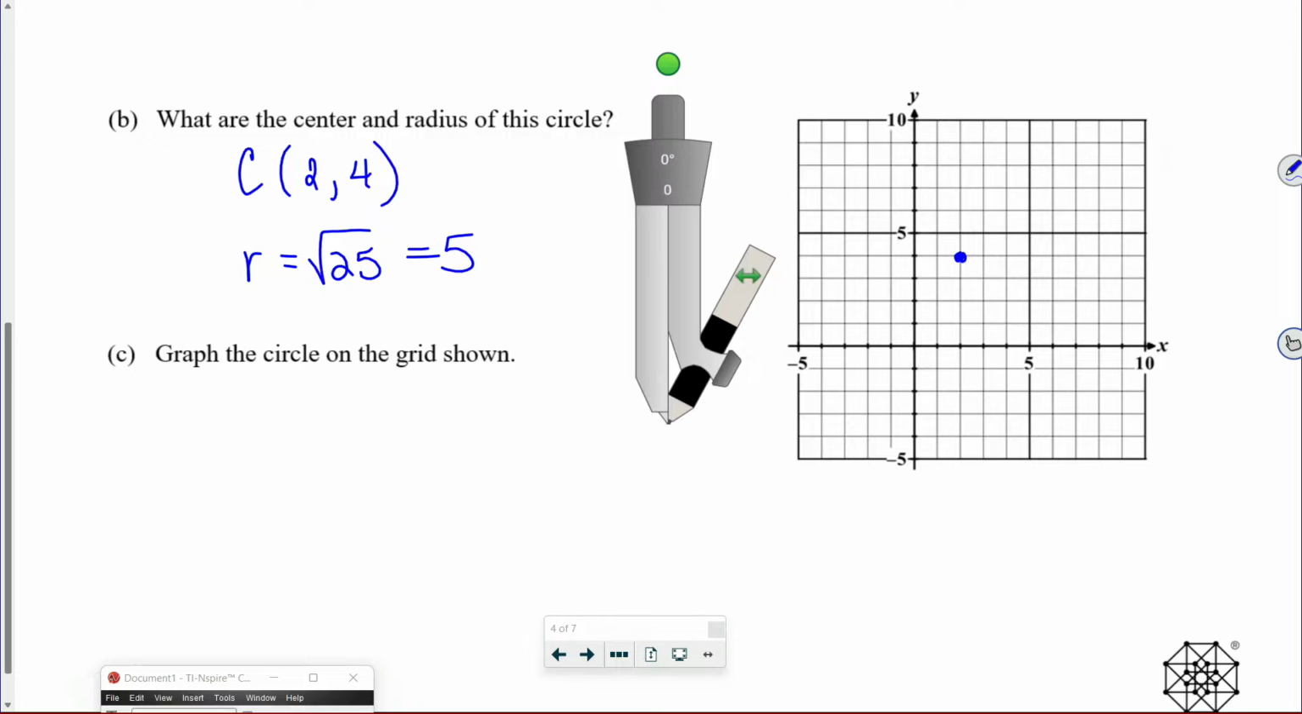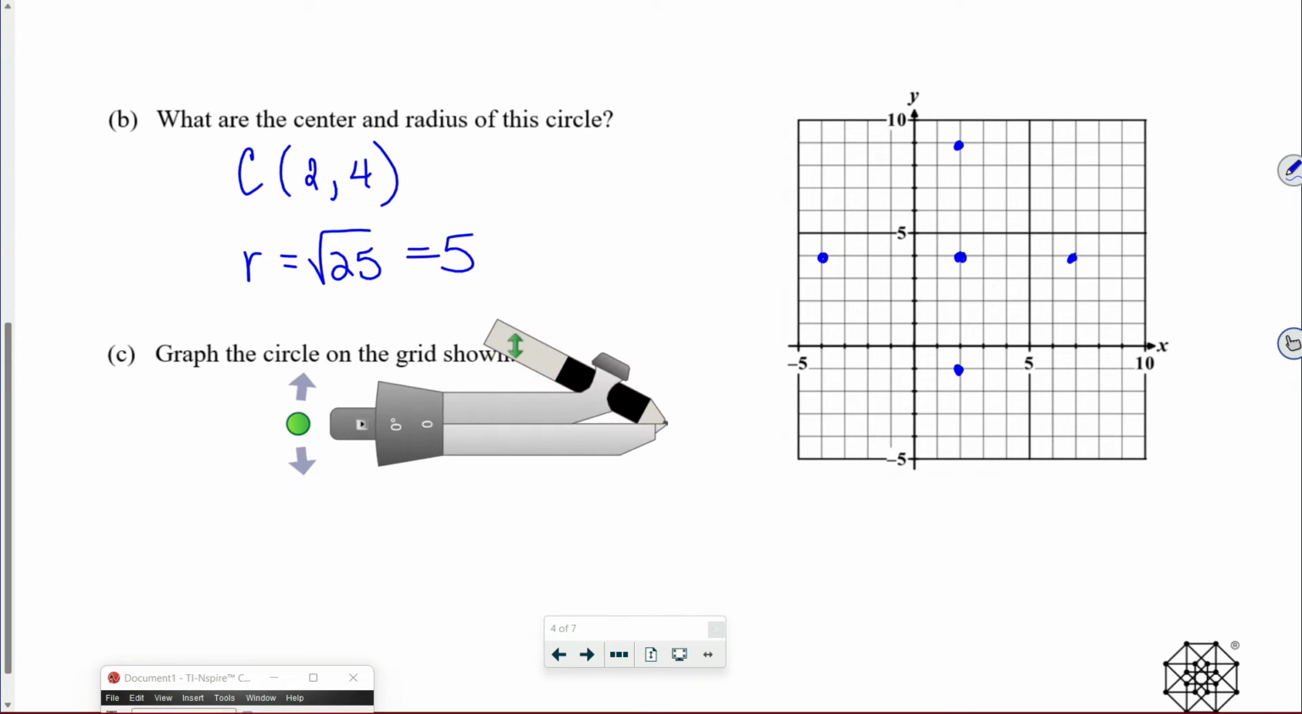It's going to be simple enough. 1, 2, 3, 4, 5. 1, 2, 3, 4, 5. 1, 2, 3, 4, 5. And 1, 2, 3, 4, 5. I just kind of like to have those, and then what I'm going to do is I'm going to take my compass,